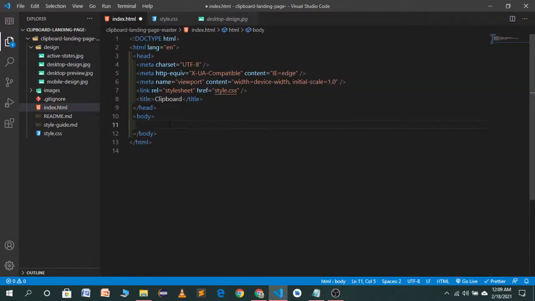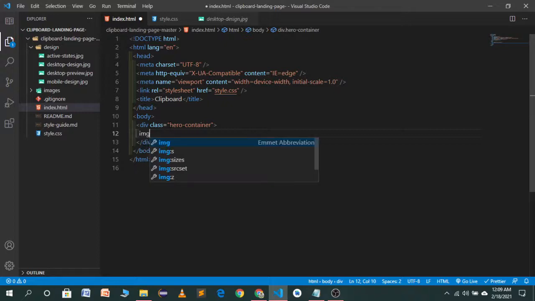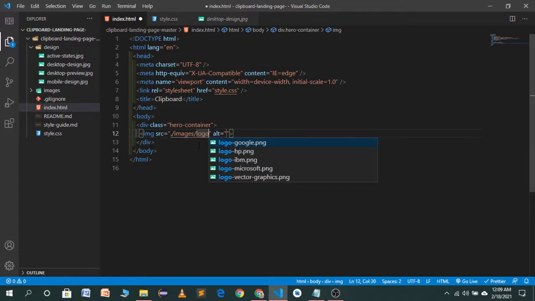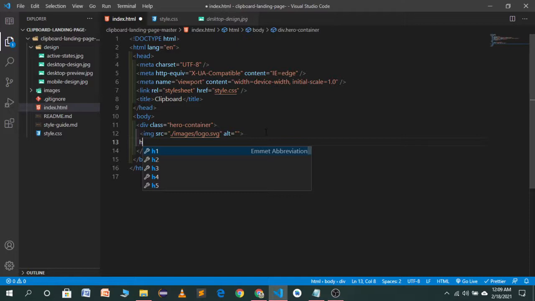Let's create a container which we'll call hero container, and in this container we will have our logo. So we'll go to our images, select logo. Yes, it's here. And then we create our heading.